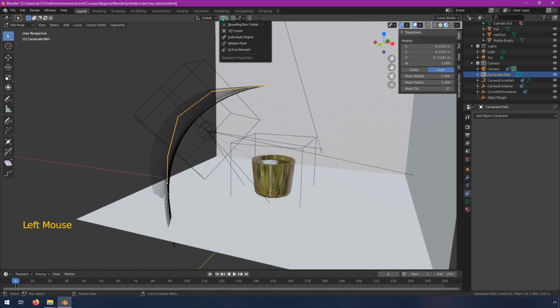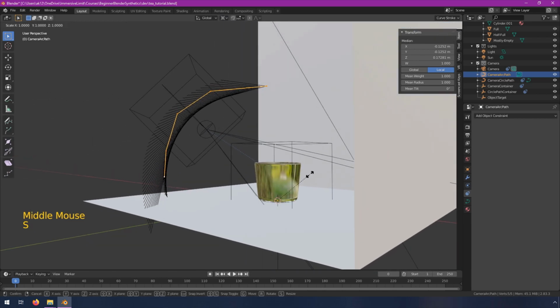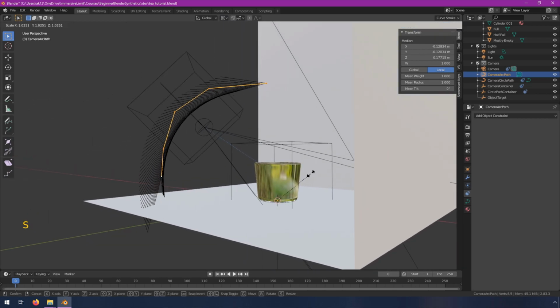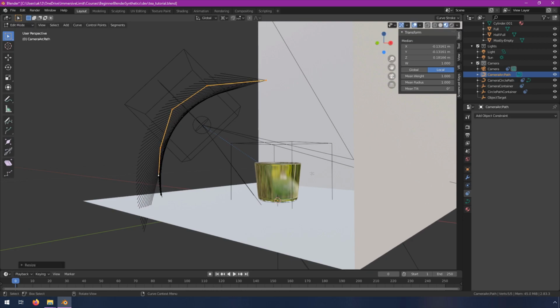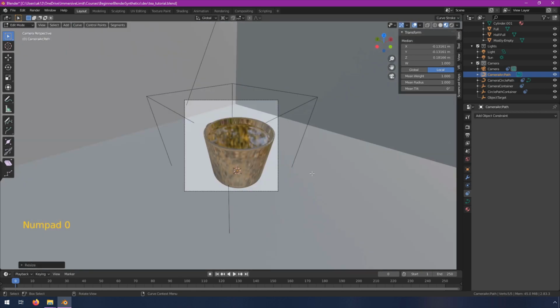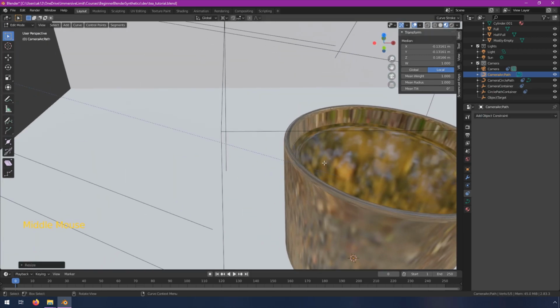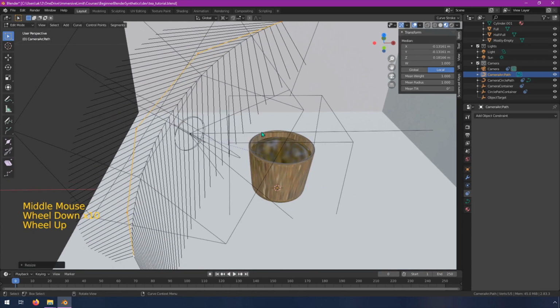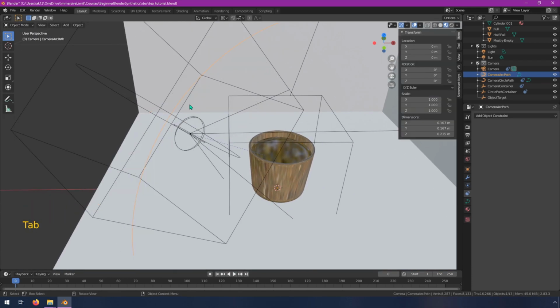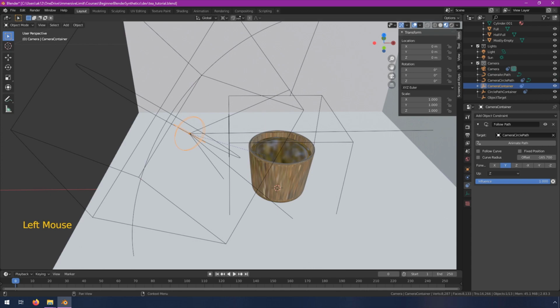As long as we have the 3D cursor selected, we should be able to scale it. So I'll hit S and then make it a little bit bigger. And then if I go into the camera view, now you can see this is contained. So even if, let me just tab out of edit mode here, tab. If we go back into selecting this camera container, then hit the 0,